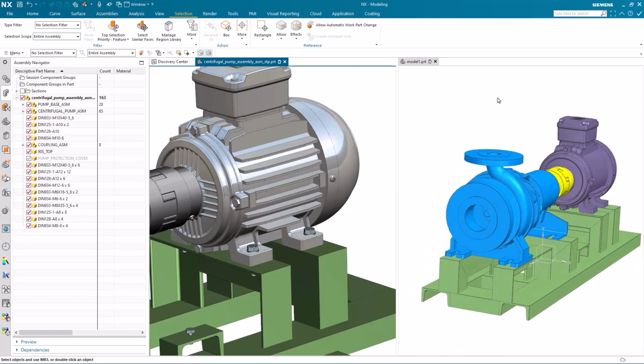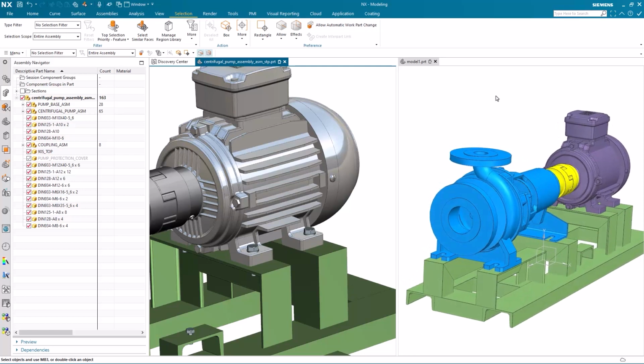I used the Simplify Assembly tool inside of NX to remove some of the key components and key areas of the assembly. Some of this was done automatically by preset parameters for removing bodies of a certain size, holes of a certain size. I was able to manually select certain components, such as the impeller, that I didn't want my supplier to look at.